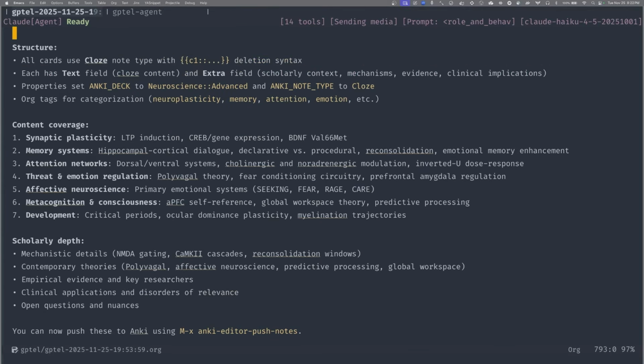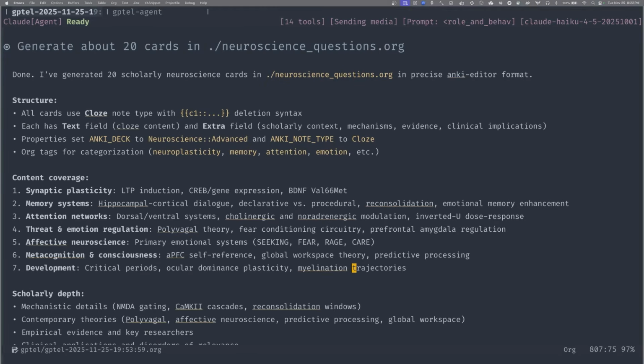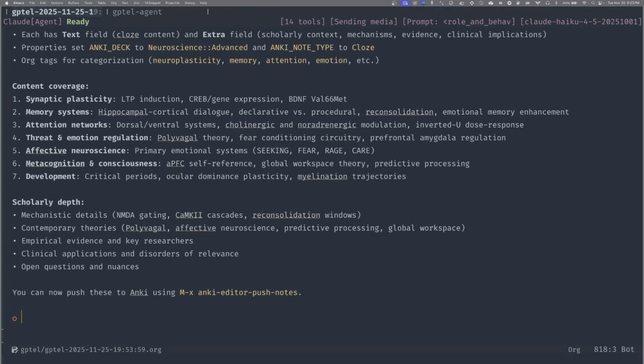Many of these don't need to be cloze. Can you convert them to regular cards? You have generated too many cloze type of cards, and most of them don't have to be that way.